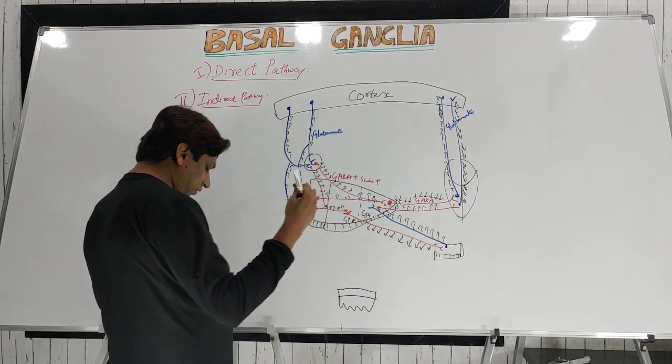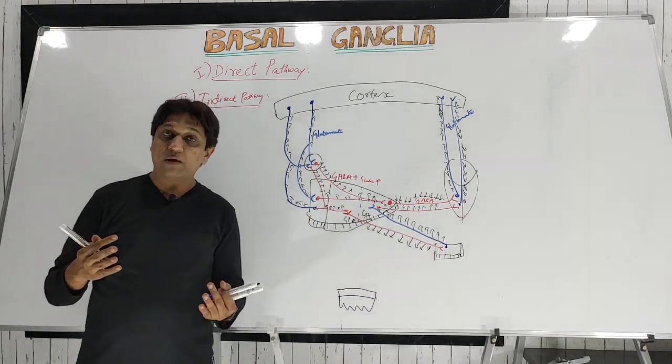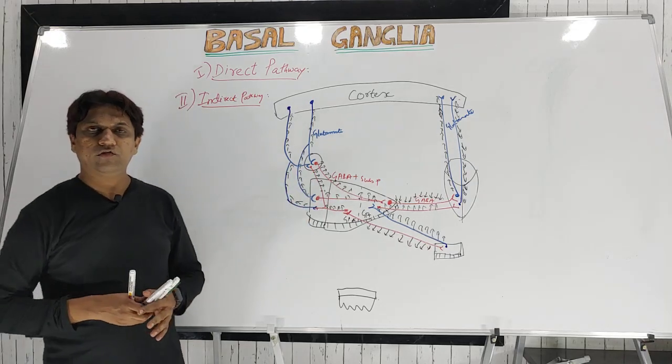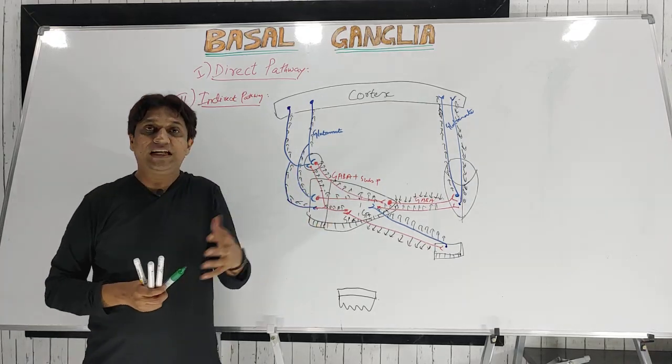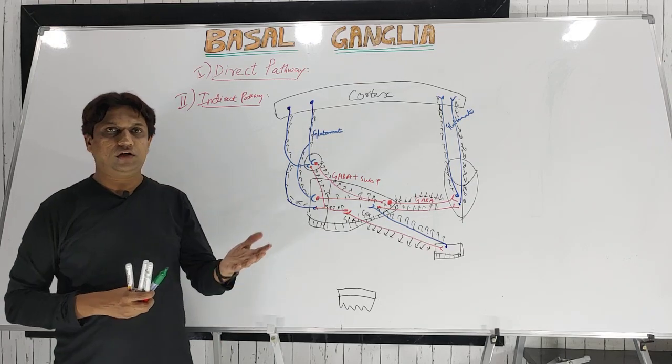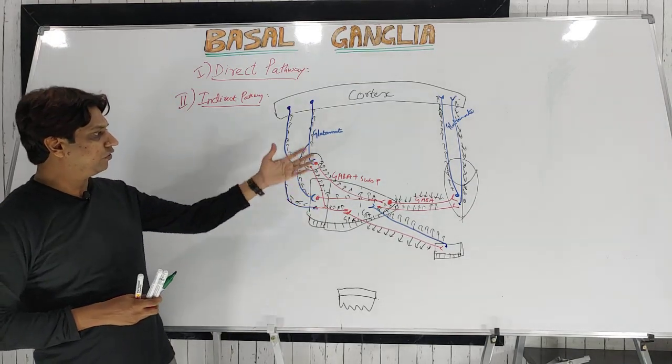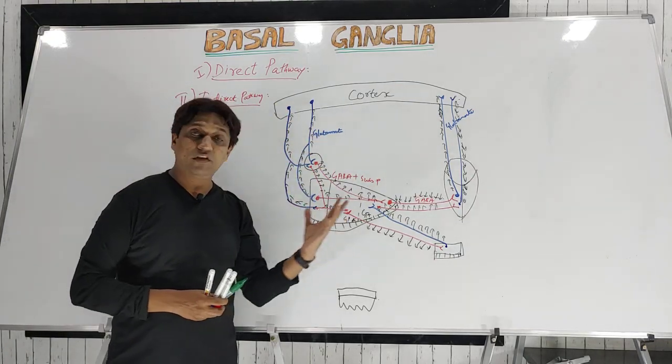That's why there is dyskinesia or abnormal movements. We'll discuss that in detail in the applied aspect, when we correlate with internal medicine in the next video, where we'll discuss Parkinsonism in detail. So right now, concentrate on the physiology. Hope the concept of the direct and indirect pathway is clear.